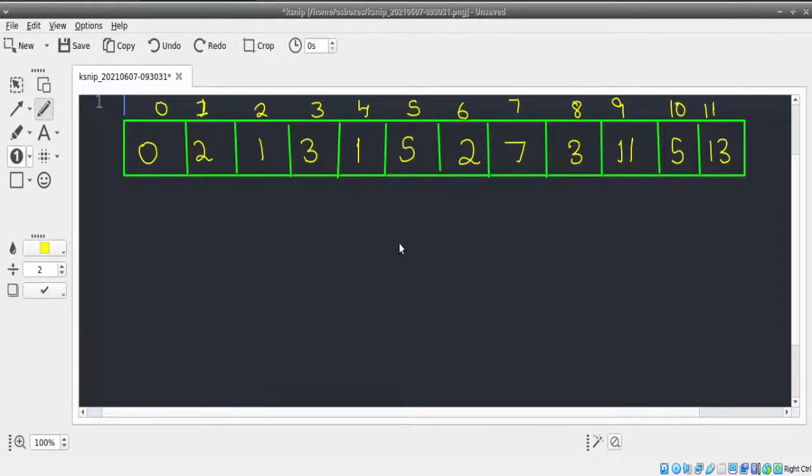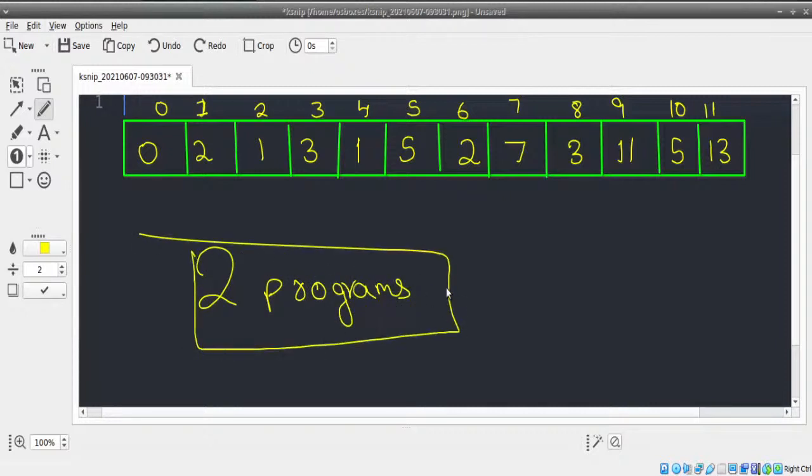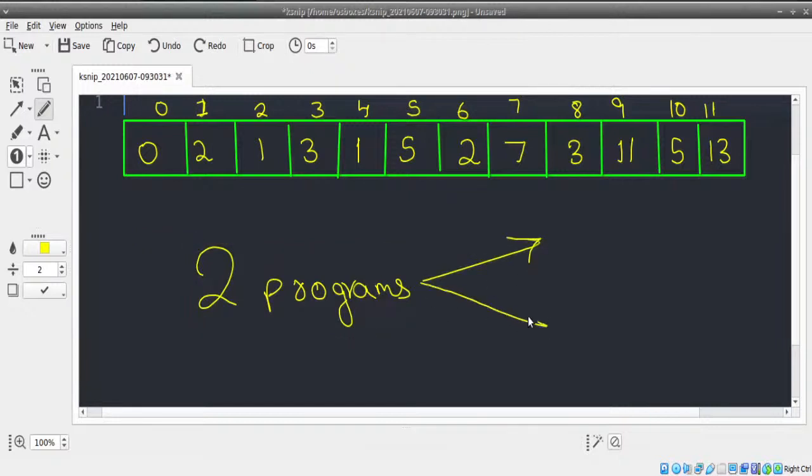So for us to solve this, we need to do two programs. We need to write two programs separately. Remember, to solve this, we need to write two separate programs. One is to find nth Fibonacci number, another is to find nth prime number. Because